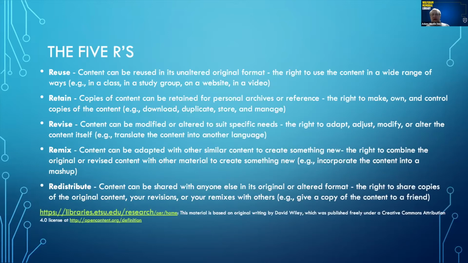In order to qualify, we go by something called the 5 R's. This was developed by a fellow at Creative Commons named Dave Wiley. Now, reuse is sort of the kind of use you expect to have access to with any sort of resource, copyright or open. You have it, you can access it again. You know, education is a wide variety of uses, and we have, through practices like fair use, there's a lot we can do with any given resource.